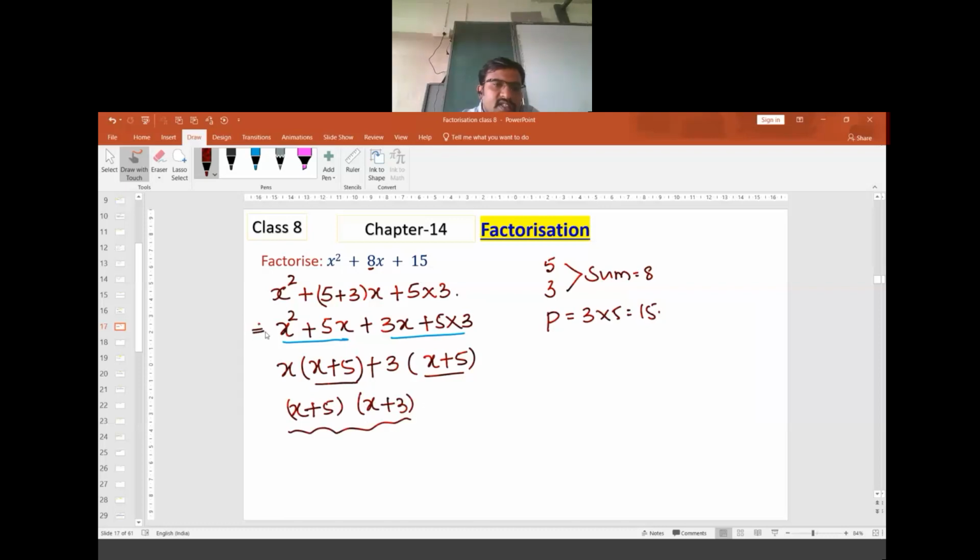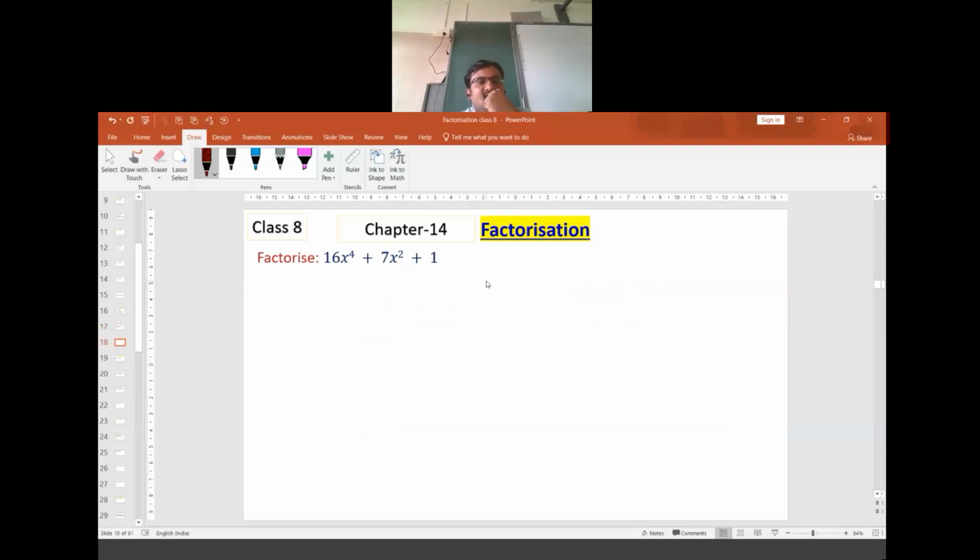So in this type of questions related to factorization, we need to mention this symbol implies, or else you have to use the equal to sign. If you are writing this as a first step, in the next step the equal to sign should be used. So is there any doubt in this? No, sir.